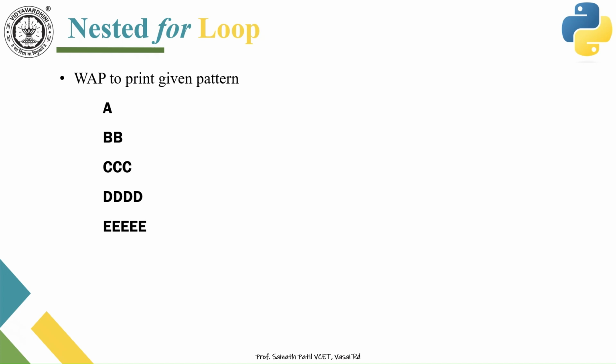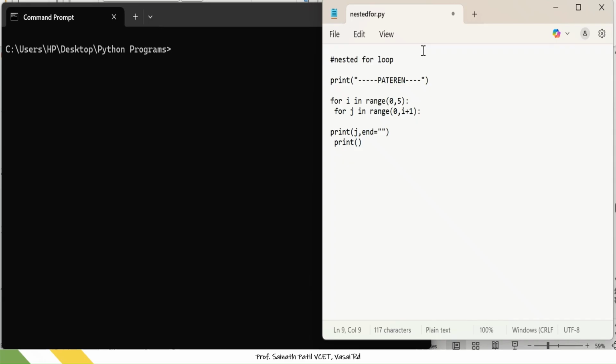Now suppose we want to print a pattern like this: A, B, B, C, C, D, D, E, E. For this, let's make changes in the same program. We know 65 is the ASCII value of A. So I will declare one variable, no, number, is equal to 65. And in the inner for loop,